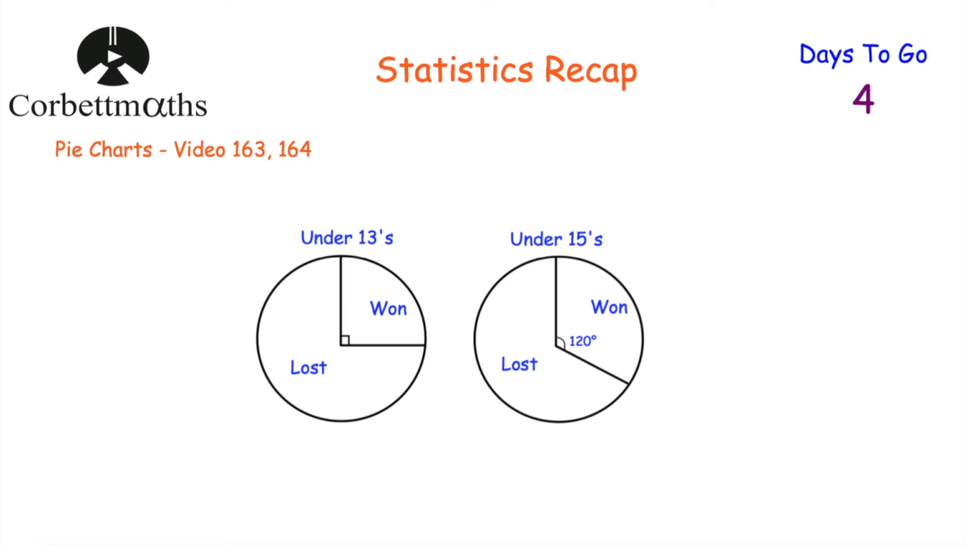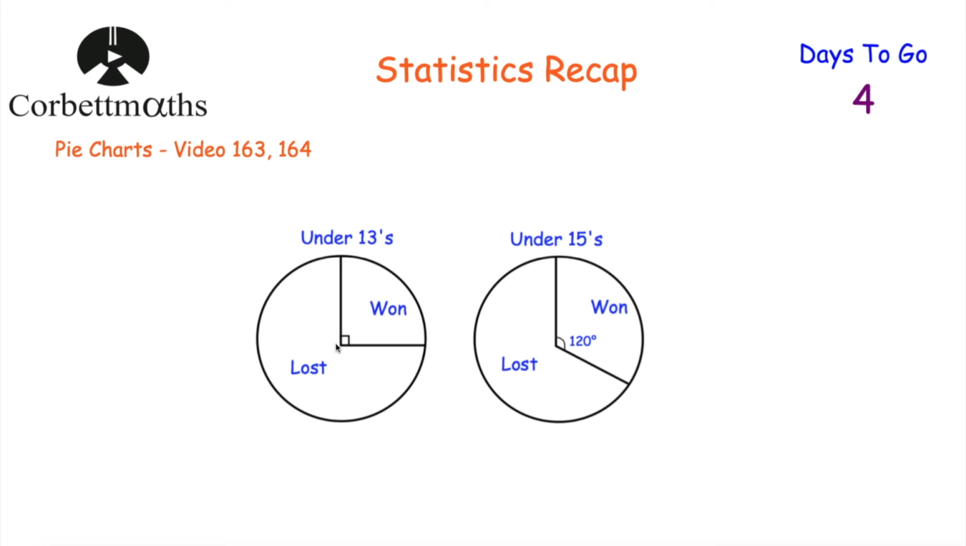Okay, so that's drawing pie charts. In terms of reading pie charts, here we've got 2 pie charts. We've got one for under 13s and one for under 15s. Now these are quite useful in telling us some information about the proportion of matches won and the proportion of matches lost. So in terms of the under 13s, they won a quarter of the matches and they lost 3/4